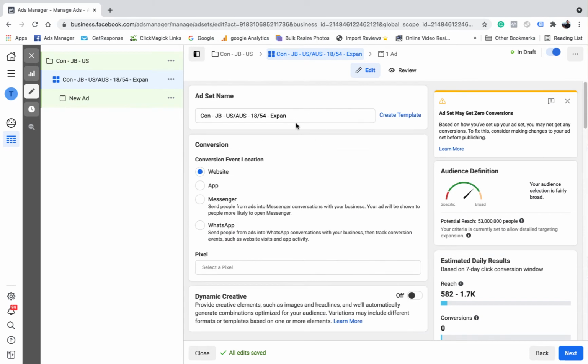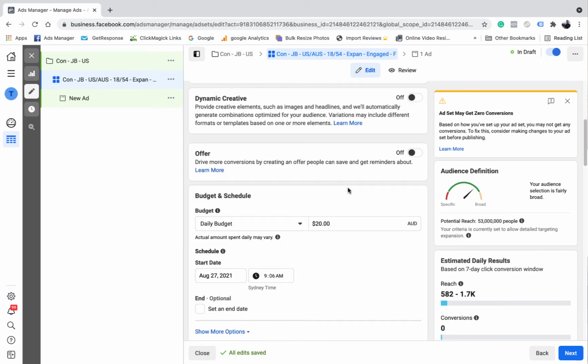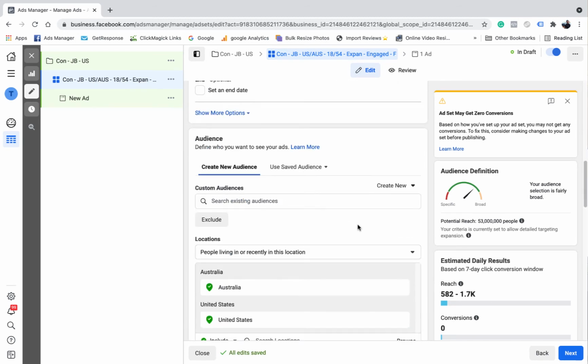And then you could come up here and then go, engage, which means engaged shoppers. So something like that. So that's how I would, if I wanted to get really, really detailed, that's how I would do that. Like I said, I usually just leave the ages wide open so I don't worry about it. You could even whack an F for female if you wanted to as well. So that's how I would normally, if I was going to get detailed, name an ad